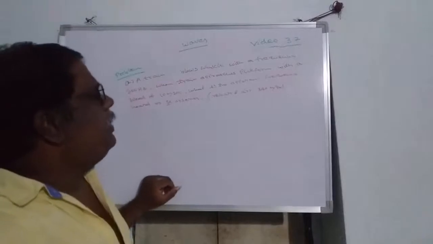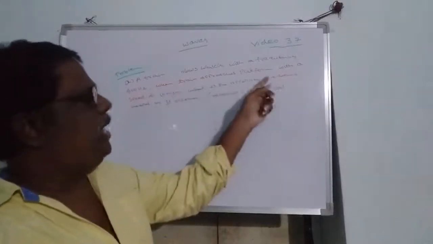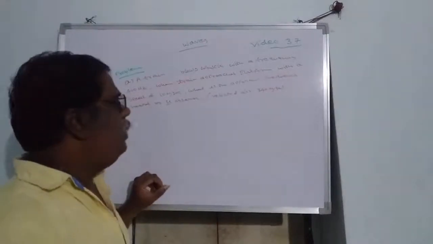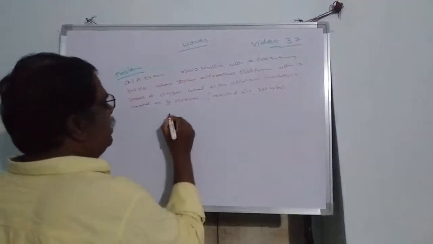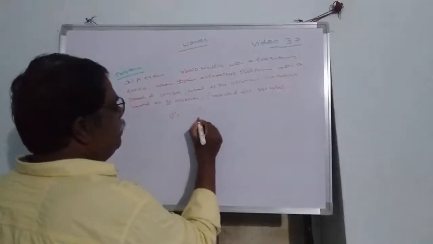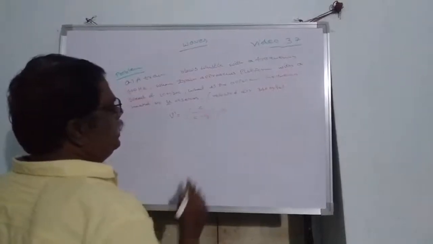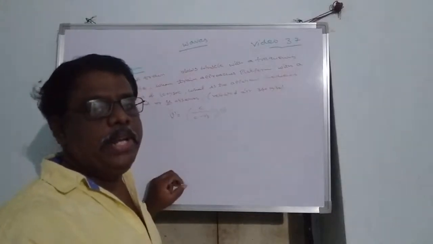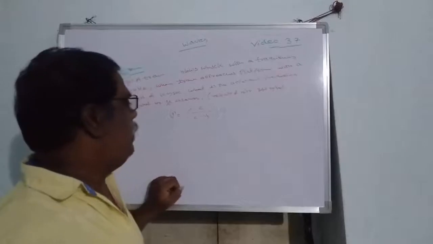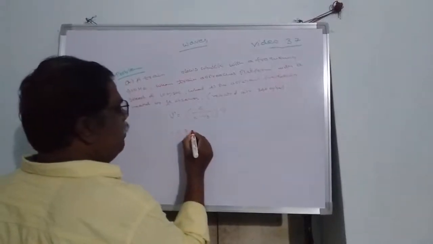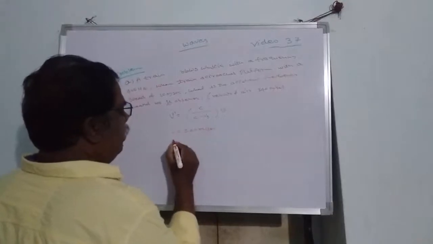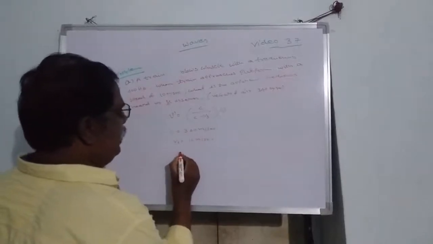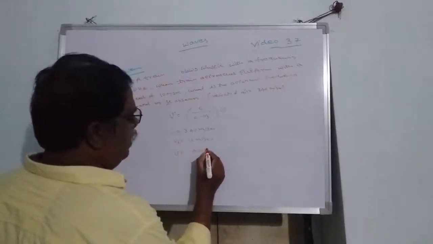See here, the train blows a whistle with a frequency when the train approaches the platform. So that means source in motion, observer at rest, observer on the platform. So what is the apparent frequency? Apparent frequency mu dash is equal to C by C minus Vs into mu. This is the first case, when the source is moving towards the stationary observer. Here C value is 340 meter per second. The velocity of the source is 10 meter per second. The actual frequency of the train is given as 400 Hz.